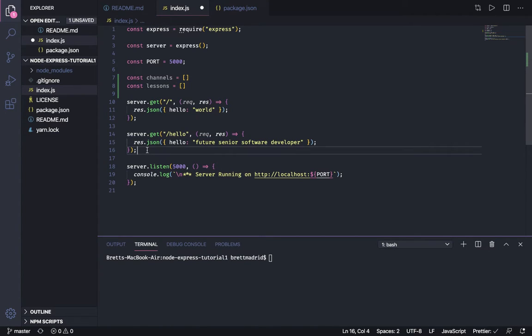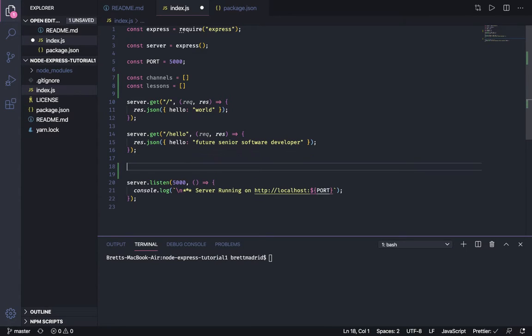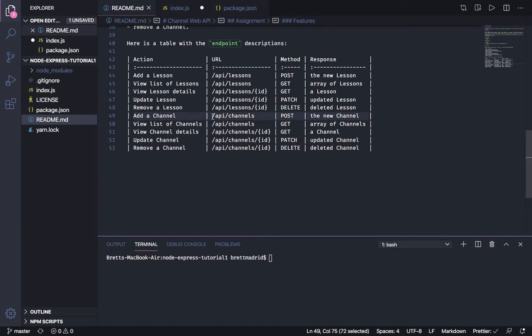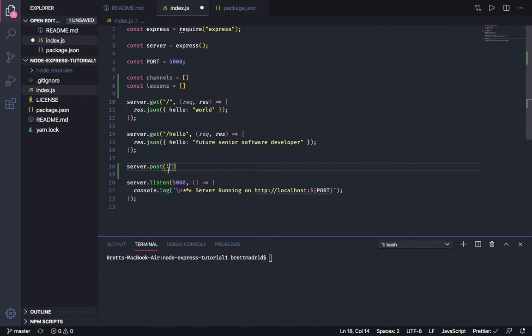Okay, so how do we do a post? Well, it's pretty easy. Express gives us another very intuitive verb, server.post, and that's how we send information. In that, we give it the endpoint or the URL that the user types: http://localhost:5000/ and then let's go look at the README and see exactly, it's this endpoint right here. So let me just copy this right here, Control C. So when the user puts this in,